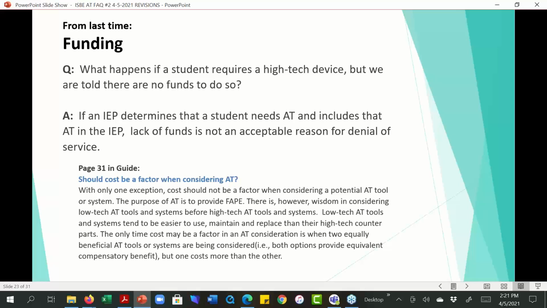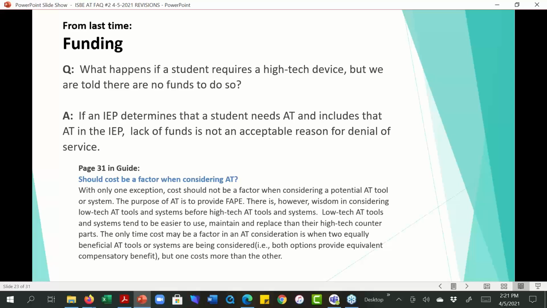As long as they provide the same benefit, it's okay to consider different options. The only time cost can be a factor in an AT consideration is when 2 equally beneficial AT tools or systems are being considered, and both options provide equivalent compensatory benefit, but one costs more than the other.